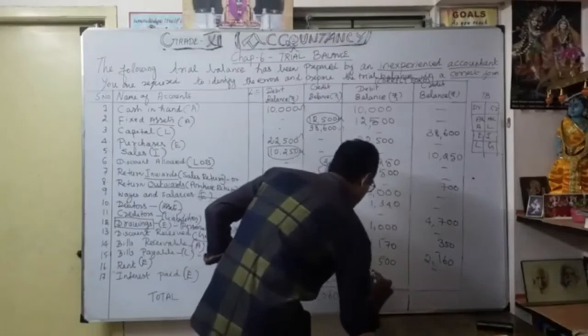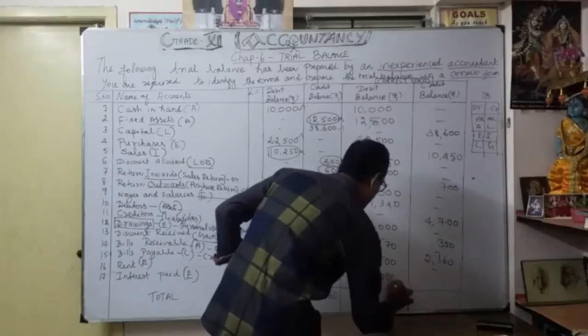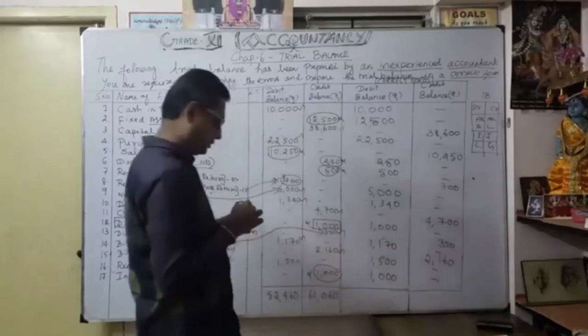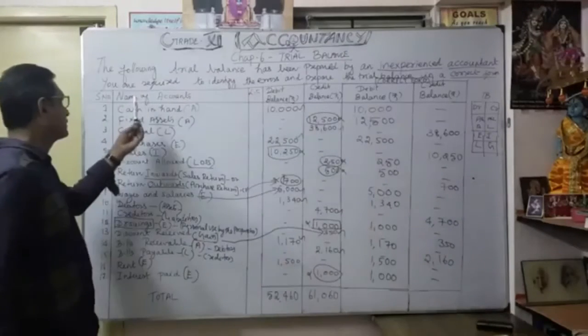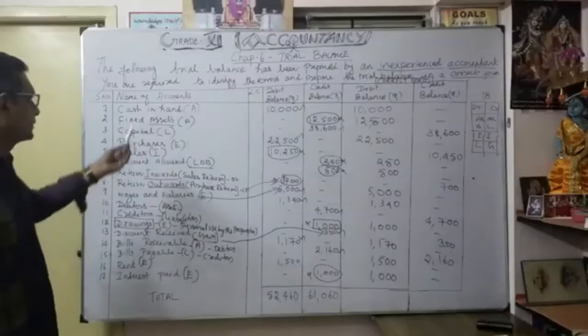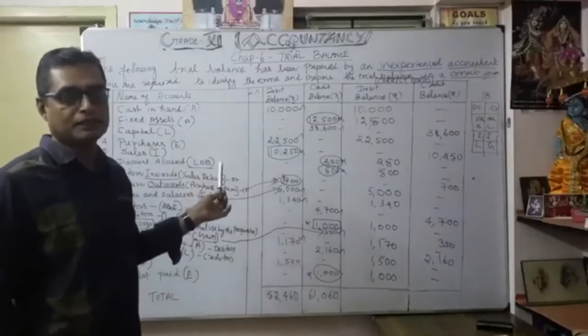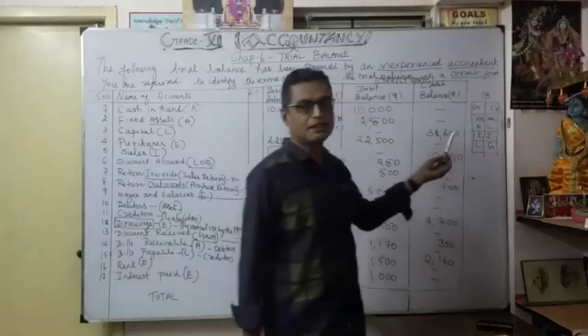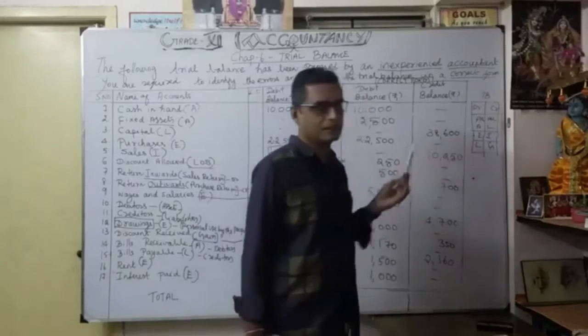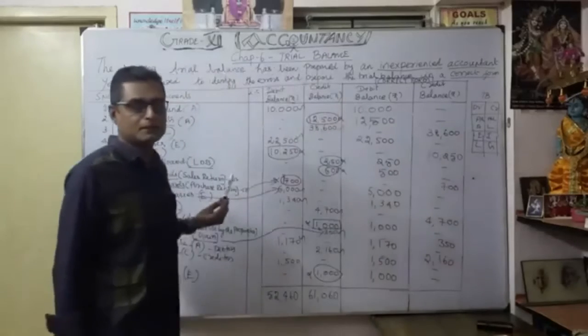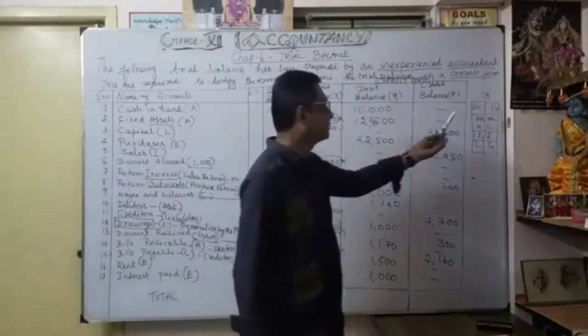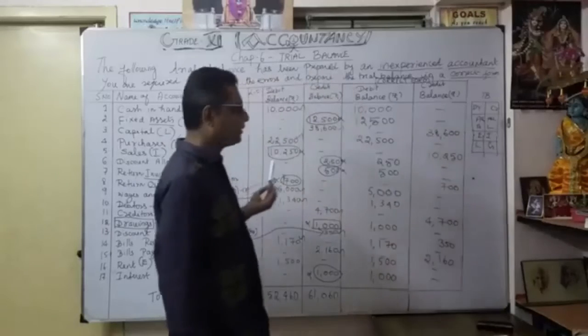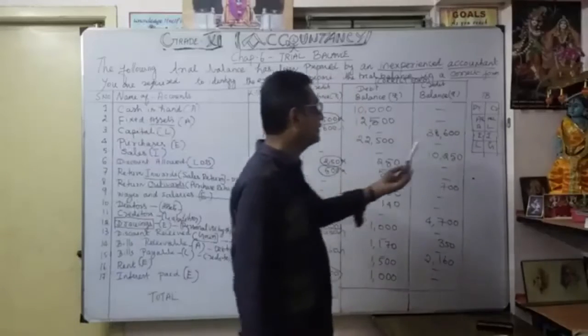Okay, so I am going to write 1,000 here. Dash. Now, accordingly, for each individual account name, we verify whether it comes under assets. Whatever the assets are, we write the debit balance. Any liabilities, we will write the credit balance. Similarly, all the expenses, we are going to write the debit balance. All the income, we're going to write the credit balance.